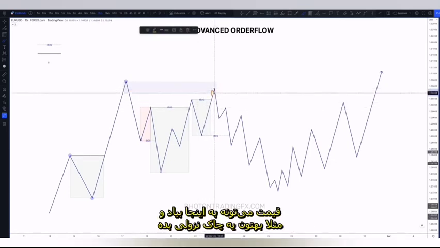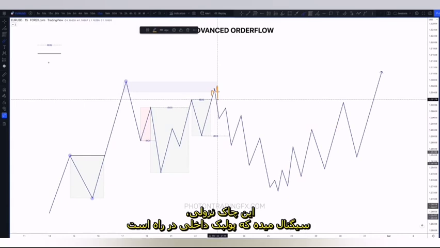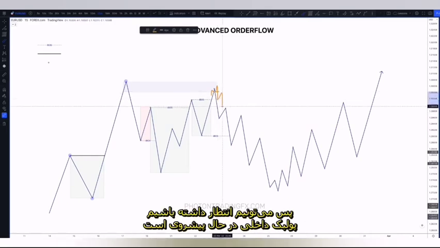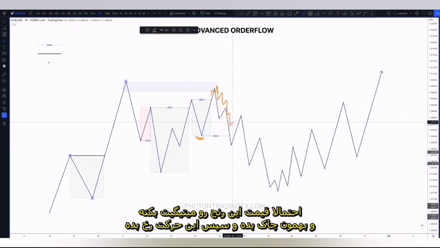So price could come up in here and it could give you a bearish CHoCH, for instance, right? That bearish CHoCH is what for us? A CHoCH signals an internal pullback. So at that point, we could assume that potentially that internal pullback is coming in. This is a strong protected internal low, and it's just going to mitigate this range to then give us potentially